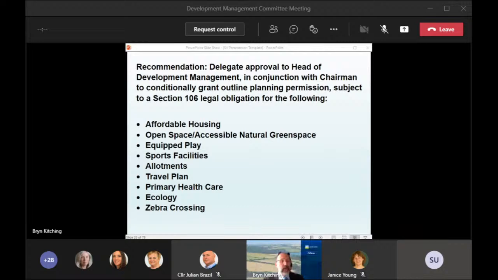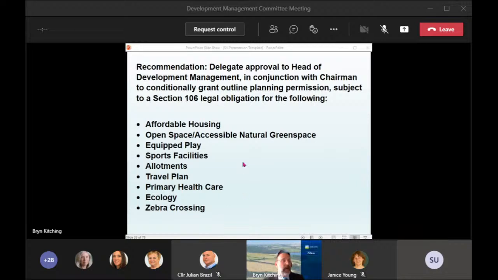So I'm recommending we do take the money for increasing capacity at doctors' surgeries. That fits within our policy and our SPD, but the request for funding, which would be for Broome Park, £30,691 to plug that funding gap for 1 year, is not something that meets the test of 106 and therefore cannot be